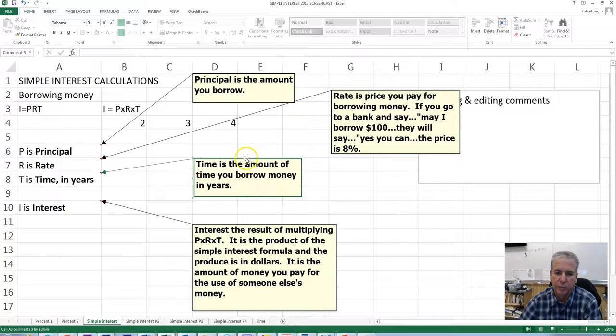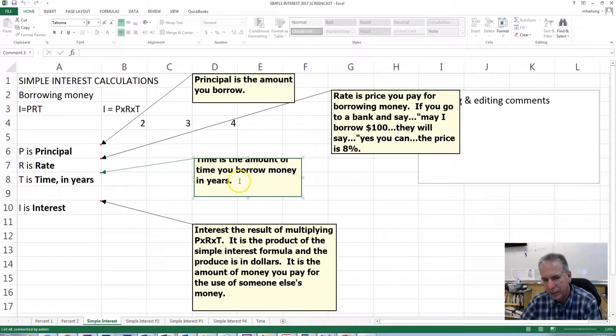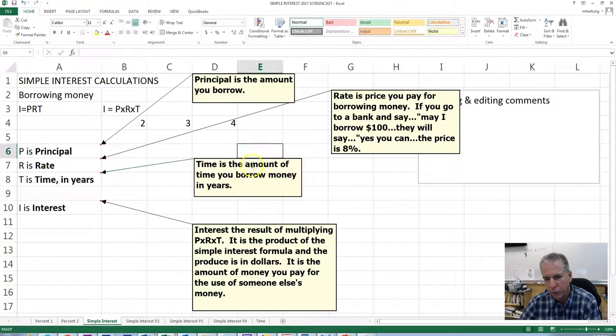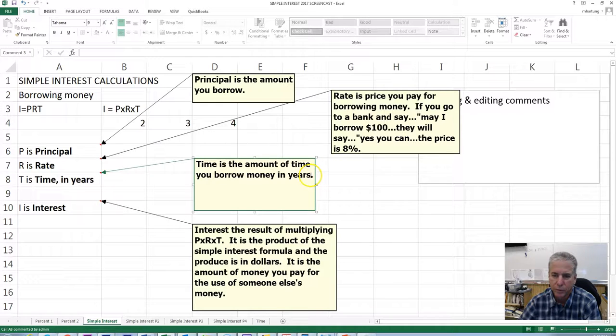Well, let's take a look at time here. This is what confuses people a lot when it comes to using this formula. You got to make sure that time is adjusted in years. So for example, and we can get some practice editing these comments here. So what I'm going to do first is make this just a little bit bigger by dragging that corner there. Give me some more space. And then I'm going to add a note. So you can do this too. For example,